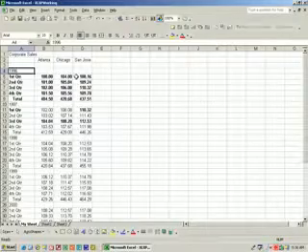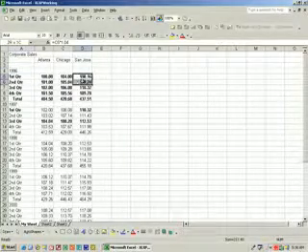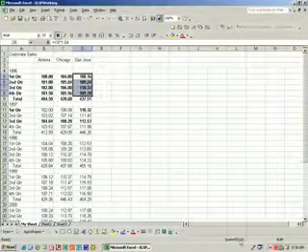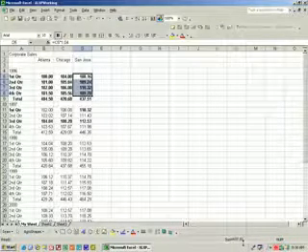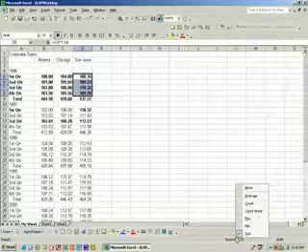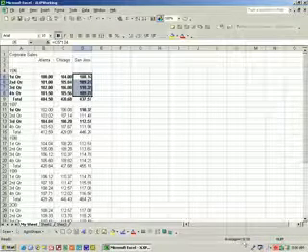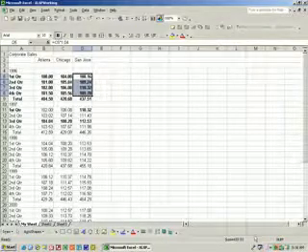Now select cells D5 to D8 and note the message at the bottom telling you what the sum of those is. Now right click on that message and select Average. And now let's right click on it again and put it back to sum, just in case we need it